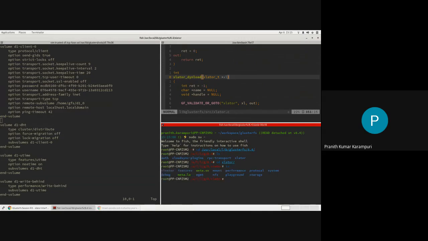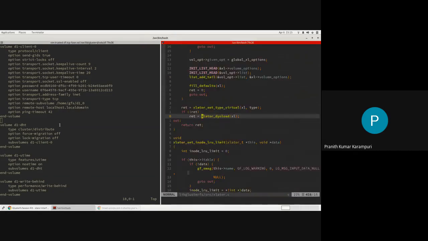All the translator related .so files will be here. If it says protocol client, we will have protocol client.so here. If you say cluster distribute, you will have cluster distribute.so here. So it will basically specify where to pick up the translator implementation from.